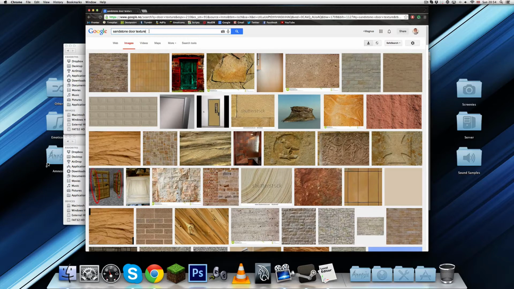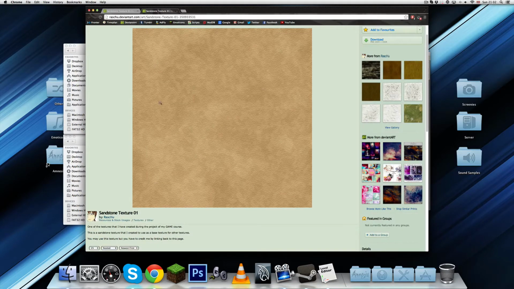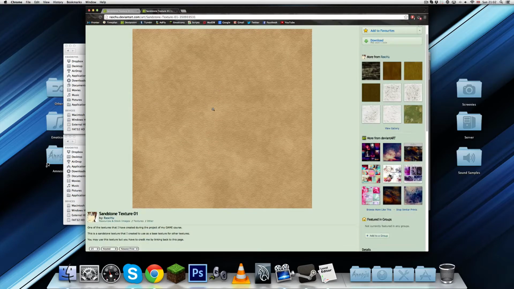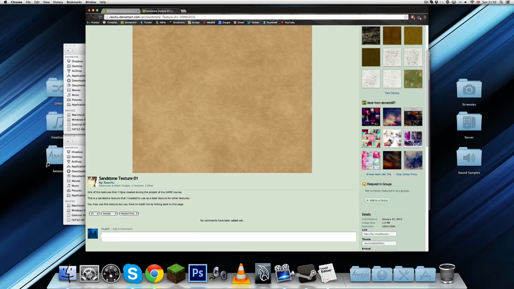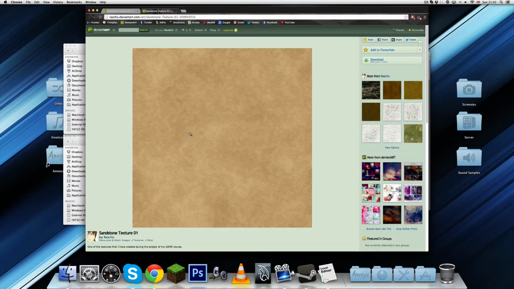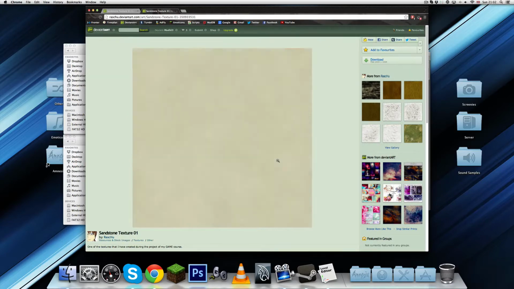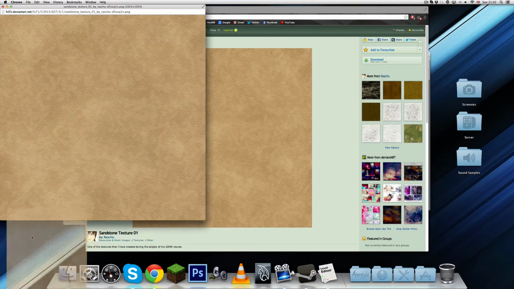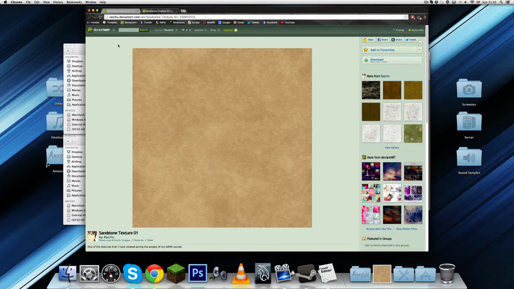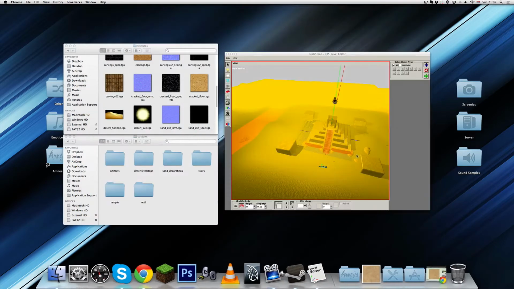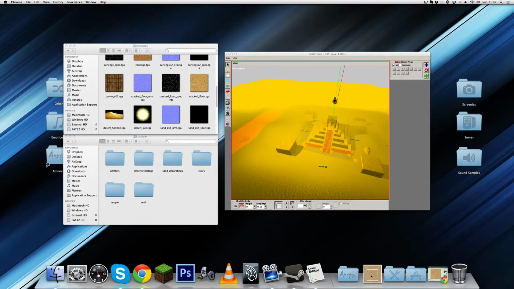Let me see if I can find something. Alright, so I looked around and I think I might just use the texture like this. I mean, it's simple enough, and he says that I can use it if I credit him, so of course I'll do that. Instead of a specific door texture, I might have to edit this one maybe. Let's see, save image. I prefer to just drag it off, but that doesn't work. But I can just download it there, I guess. There we go. Put it there. And yeah, I'll see if I can edit this one, although first,